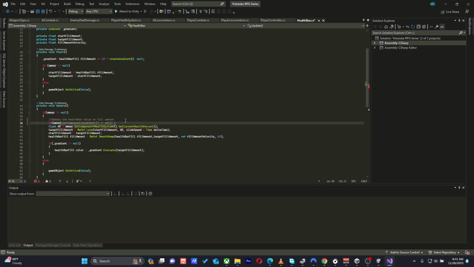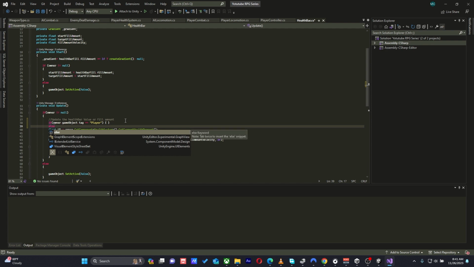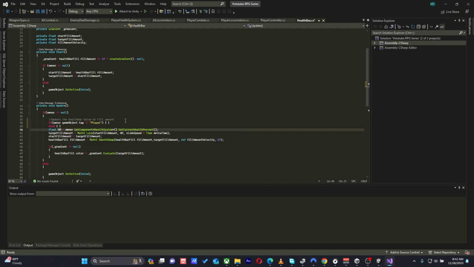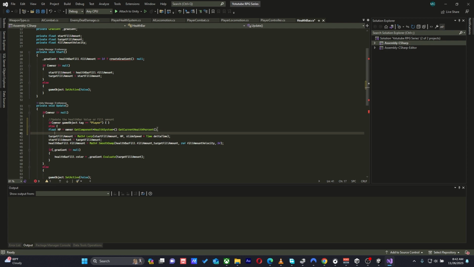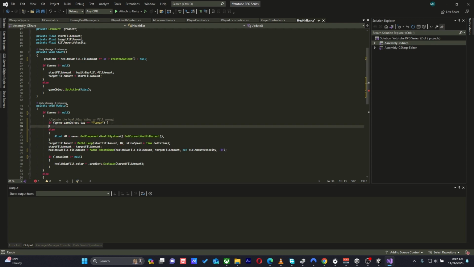owner.gameObject.tag is equal to player. All right, then we're going to do that. Else, we are going to do this very first part here, like that. So if owner is player,